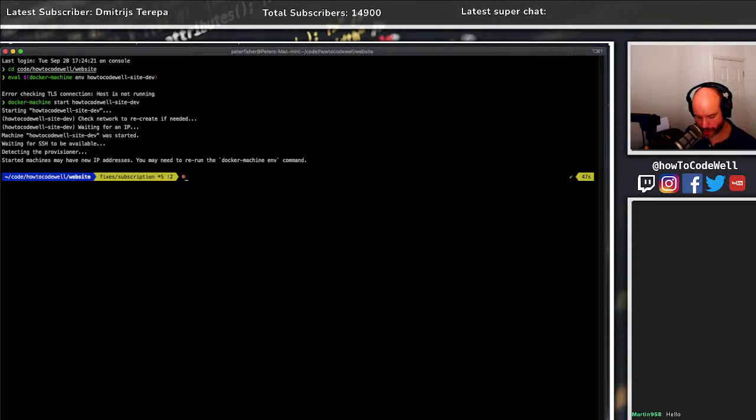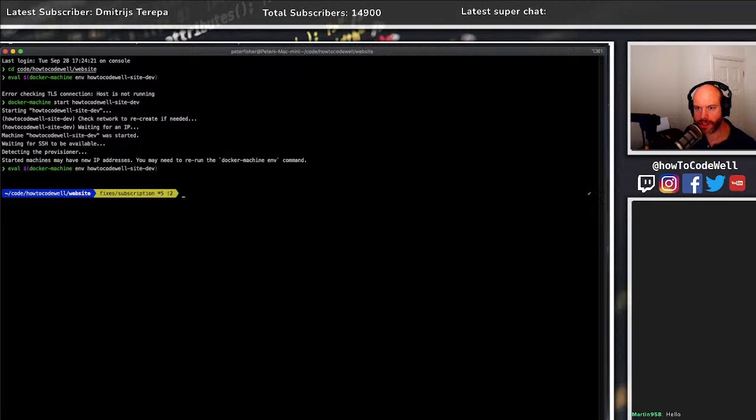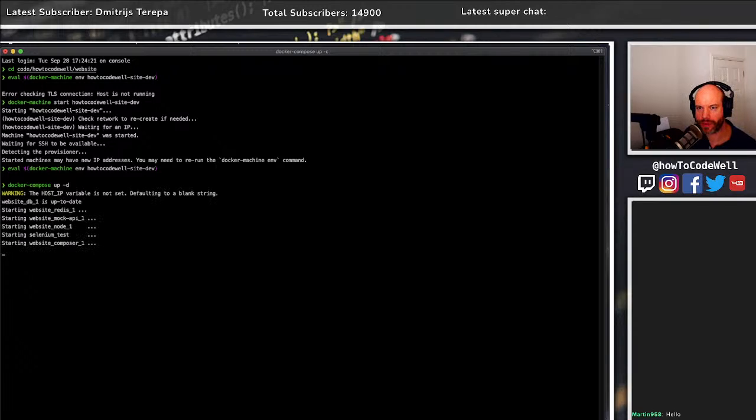All right, so let's do an eval. Let's evaluate the shell again to load the virtual machine into the current shell, and then first up, let's just make sure everything's running. Docker compose up -d. We'll bring up the site and all the things. Am I running in Bash? Or no, I am running in iTerm. I can do this. Yeah, I can. Okay. Right,